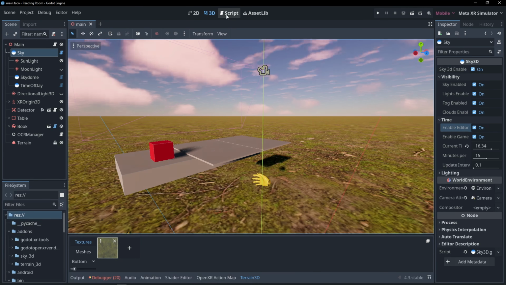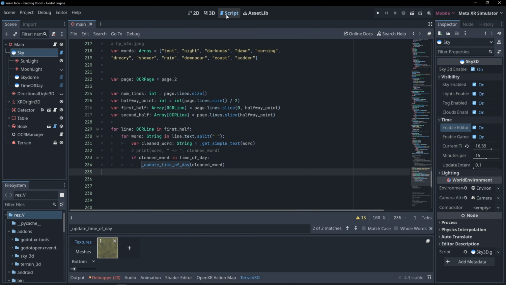One thing I added was that when we look at the code, page 1 and page 2, we are doing OCR on and putting them onto the page in the game. But I did an extra step here. This is just some prototype code where I go and grab the first half. So let's get the first half of the first page of text and then check to see if it's in our time of day list of words. And if it is, then call this time of day function, which if we look at that time of day